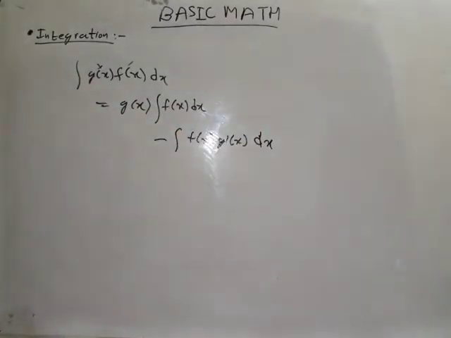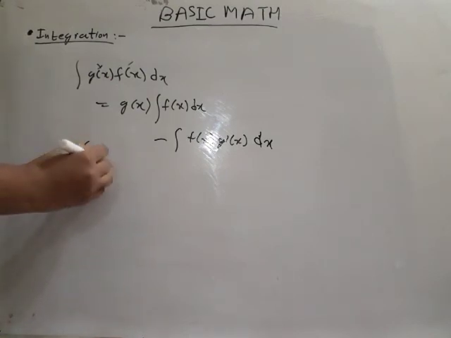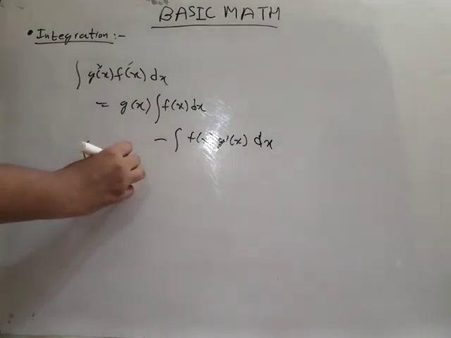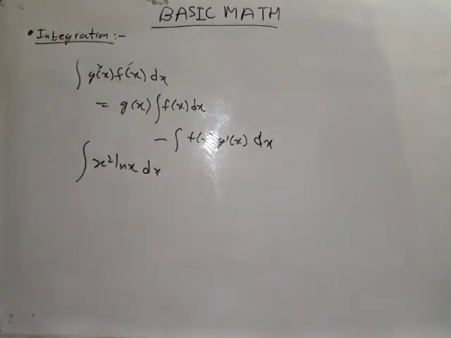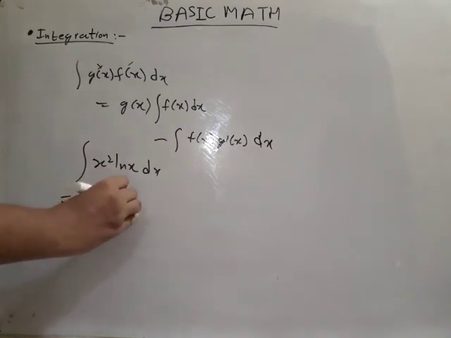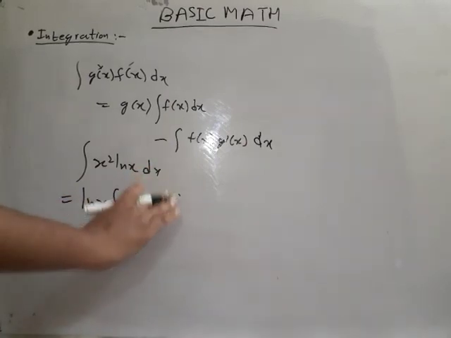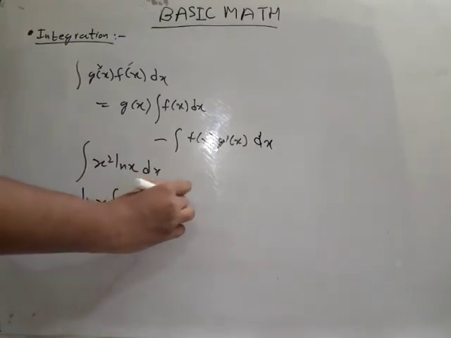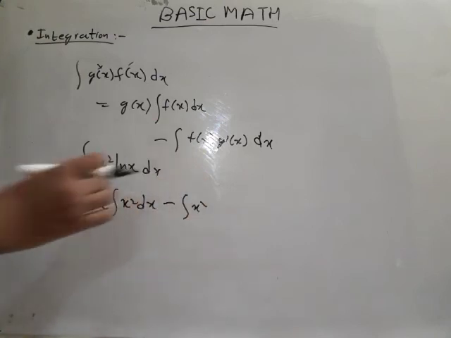Okay, let me show you with an example. Suppose we have been given to integrate x square ln x dx. Now have I, in all those formulas, ever shown integral ln x dx? Because it is not really integrable in this case. So what to do? We just take ln x out. So we do what? By parts. Ln x, integral x square dx, minus integral x square, same as before.